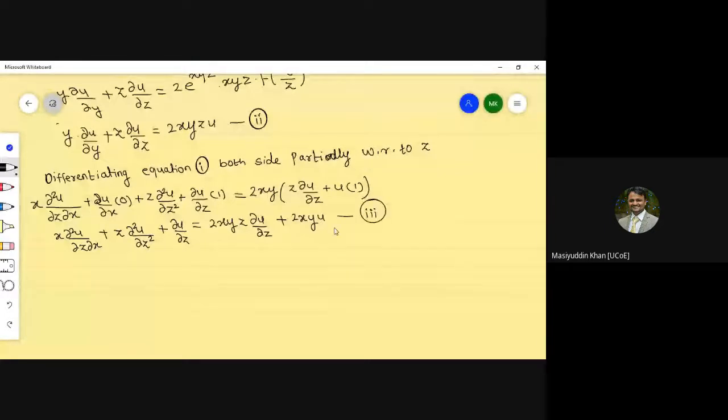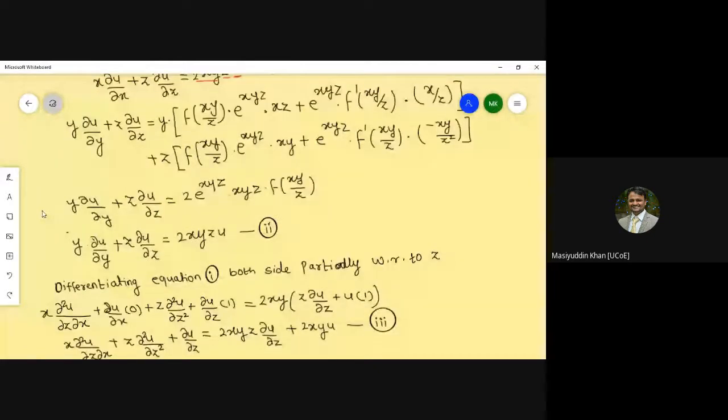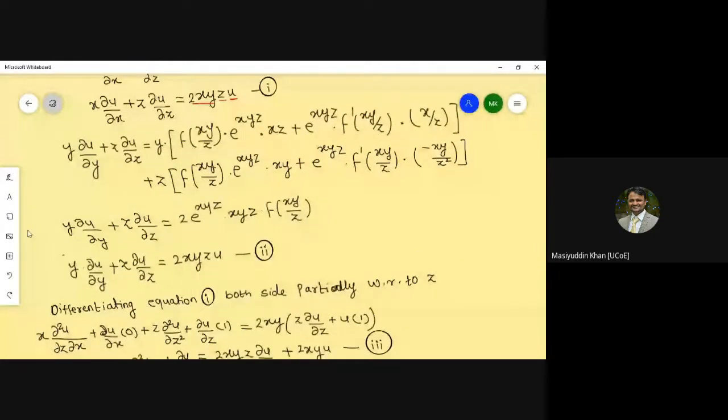One more time I'm explaining this part, so please just see to it properly. Differentiating equation number 1, both the sides partially with respect to z. So x as it is, derivative of this part, already it is a derivative of u with respect to x. So differentiating this part again with respect to z, you will get ∂²u/∂z∂x